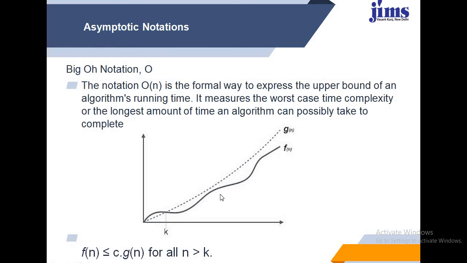देखो ये f of n से हमेशा ये ऊपर है कि नहीं. This g of n is always upper to f of n at किस point पर, not every point, at this point. Okay, so this is the big O notation. कैसे कहेंगे, f of n should be less than or equal to c g of n where n की वैल्यू क्या है, ग्रेटर देन. If you can represent this, so you can represent your algorithm in O notation like this, order of n. And big O notation क्या बताता है बेटा हमें, हमेशा it will tell you the upper bound of the algorithm, कि हमें अपर बाउंड हमें रिप्रेजेंट करेगा big O notation.